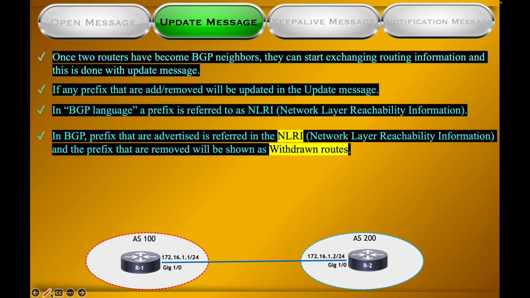Now let me explain over here. In router 1, if I add one network, 192.168.1.0, and I have advertised this network by using the network command. So what happened? This network will be updated to router 2 using the update message, and that is called